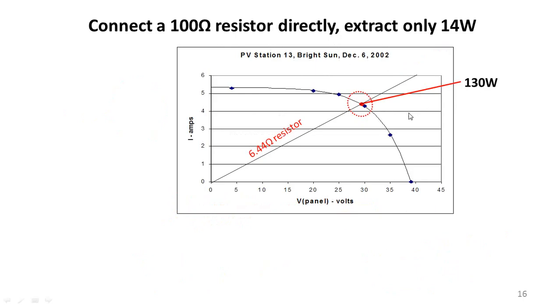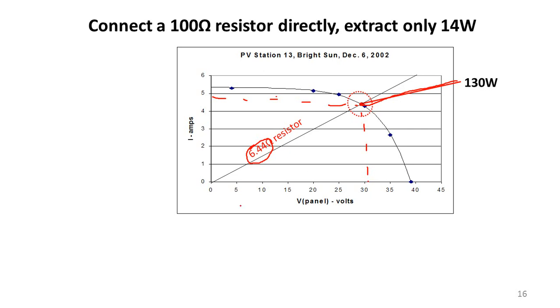Now just substituting this equation, let's just take a PV. Just take a PV. At this point, the input resistance of the PV is going to operate at 200. The 130 watt is the maximum power of this PV, and according to the voltage and current rating, it is getting the 6.44 ohm. At this point, what is the voltage? Voltage is going to be somewhere around 30. Current is going to be somewhere around 4 point something. So when you take this value, you will get somewhere around 6.44 ohm as resistance.